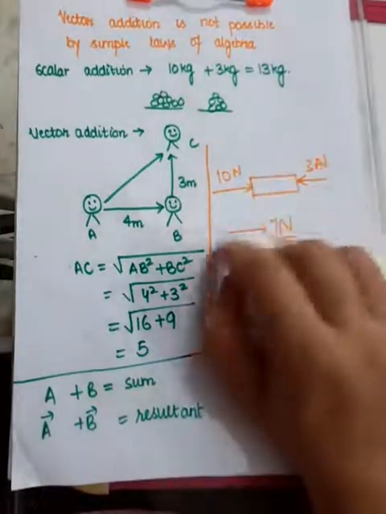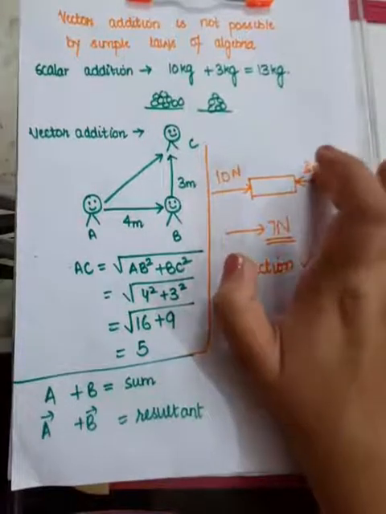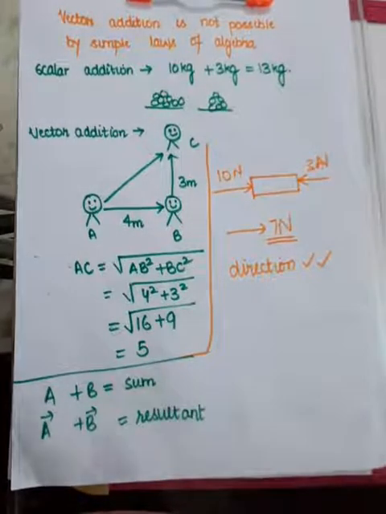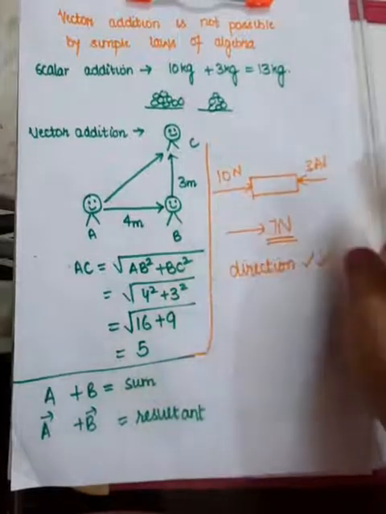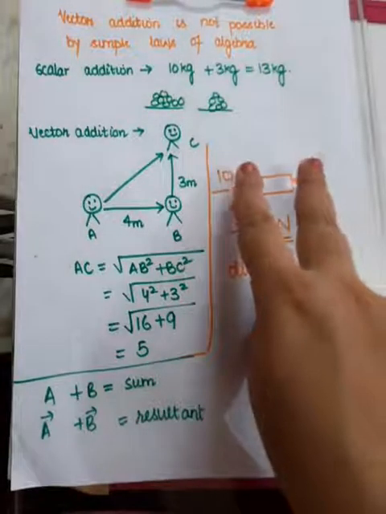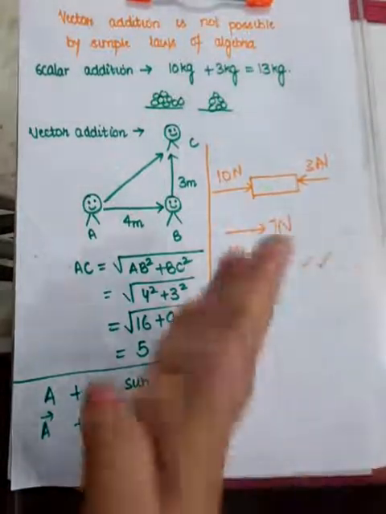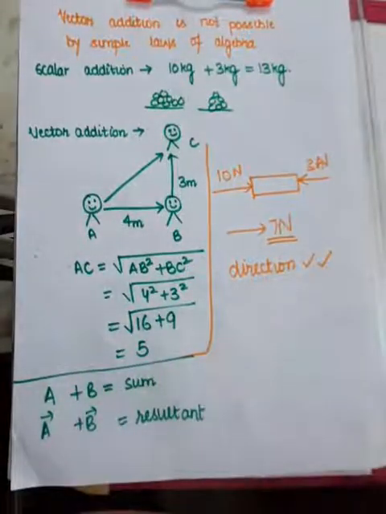Like if someone says to add 10 newtons to 3 newtons, first of all, newton is a unit of force. Force is a vector quantity, and vectors cannot be simply added, 10 plus 3, 13. In fact, when we are adding vectors, we are seeing their directions also. Now, when I am adding these two vectors, I will see the overall effect, and that's why it is called addition, and the overall effect is 7 newtons acting along this direction. So this is all about vector addition.